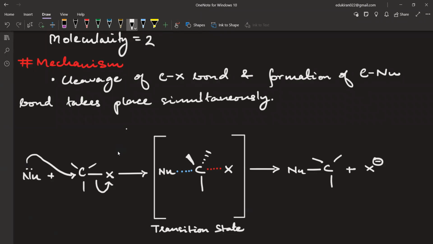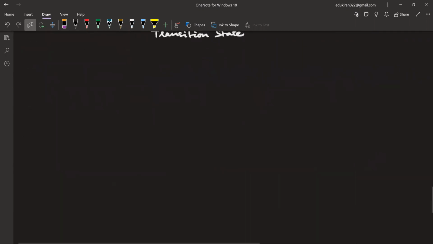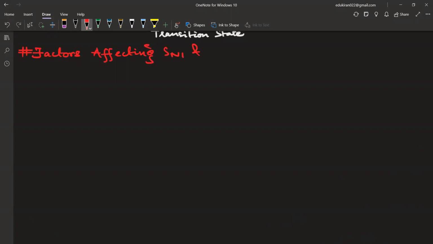Everyone's done? Yes or no? Please tell me. Yes, sir. Okay, now write the next point: factors affecting Sn1 and Sn2. There are three factors that we'll be looking at: nature of substrate,